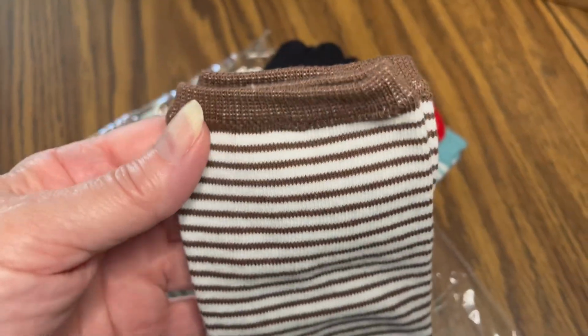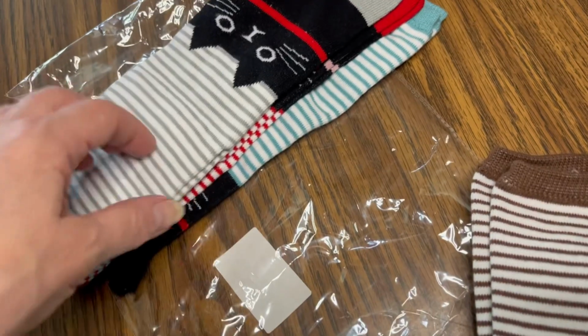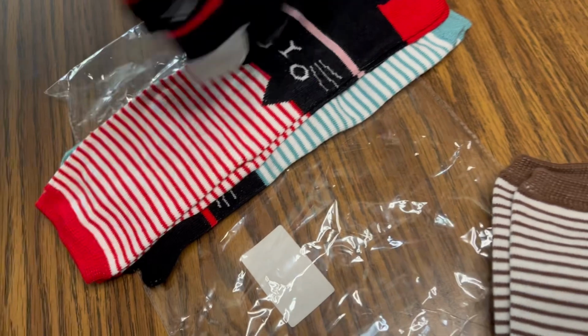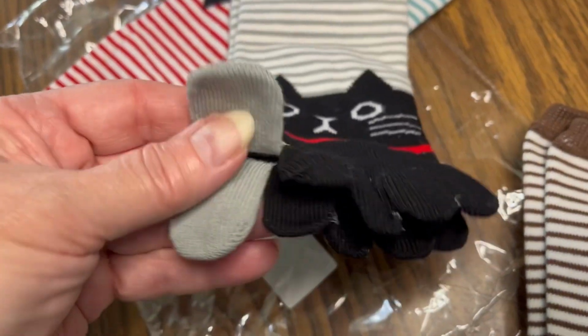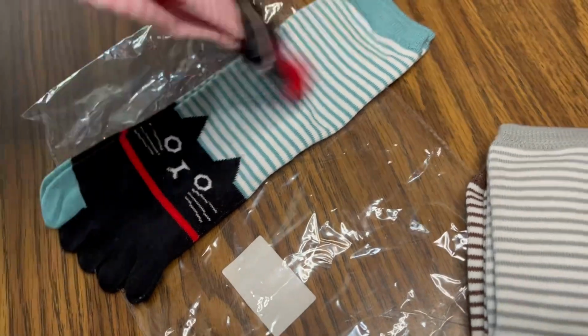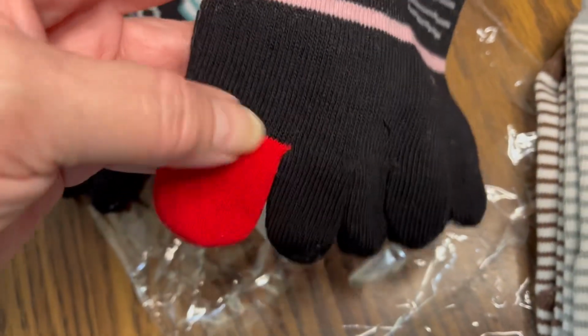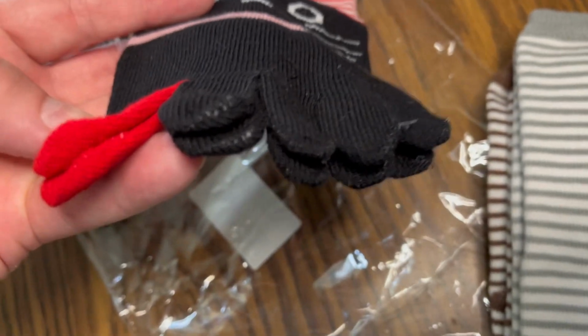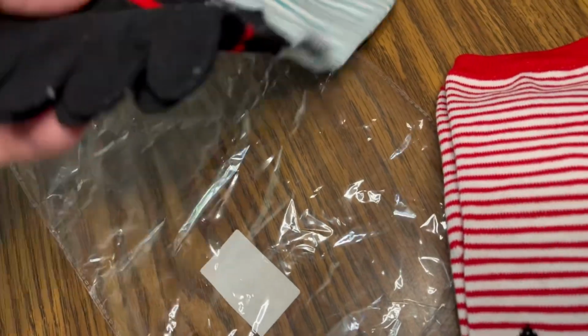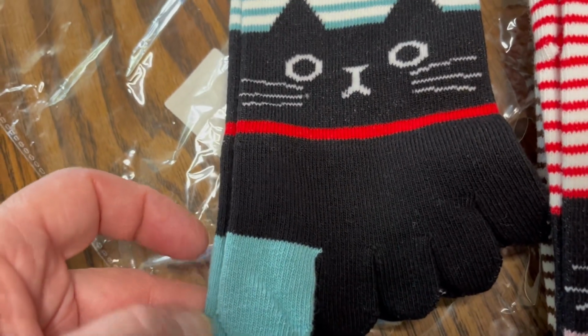So this set has this peach color, brown, and let's see, then this looks gray, with a gray stripe. And then of course they have a matching big toe, and then a red, and a light blue as well. Super cute. And there are other designs which I'll show towards the end of the video, and they also have